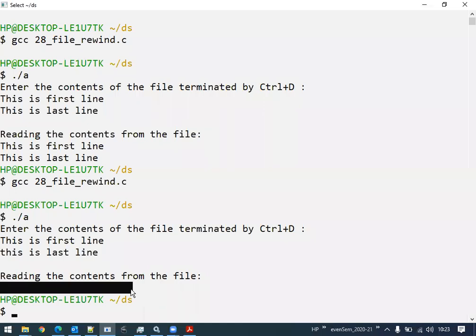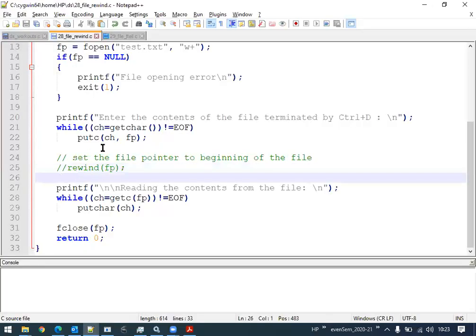We cannot use the rewind function. Yes. What has happened? We have written the content, the write operation we performed, and when we completed the write operation, the file pointer is at the end of the file. You can just think of the black position that we're finding as the end of the file. So the file pointer is at the end of the file. And if you look into the code, after writing is done, I'm just starting with the read operation, right? So it will read the character pointed to by fp. Where is this fp pointing? It is pointing to the end of the file. So end of the file is equal to the end of the file.